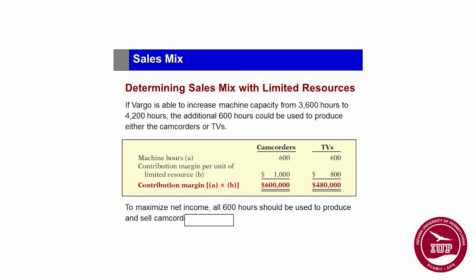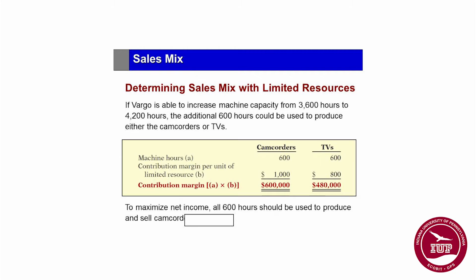So if you produce the camcorder, 600 camcorders, and if you use all 600 machine hours for camcorders, you will have a contribution margin of $600,000, versus if you use that additional 600 hours for TVs, you'll have a contribution margin of $480,000. So in this case, it will be better to produce camcorders first, and that is limiting the